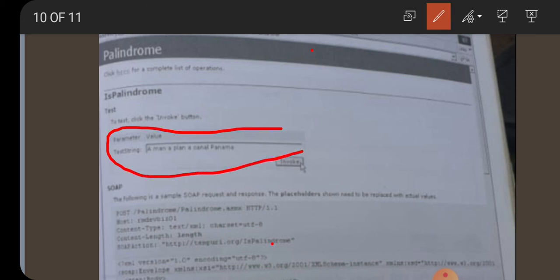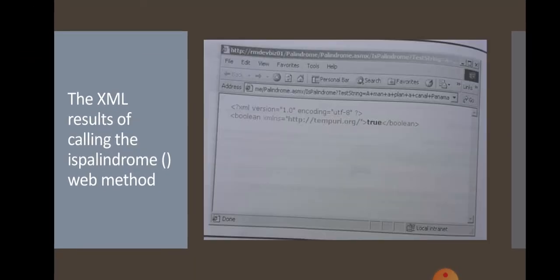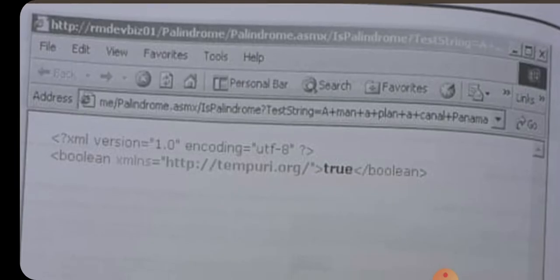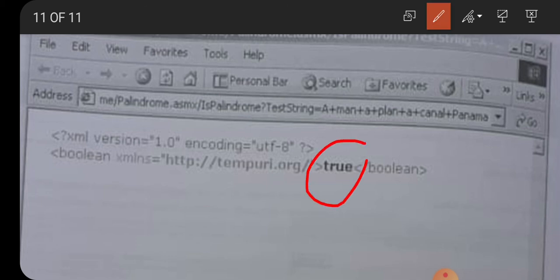This is the place where you need to give the input. After giving the input, you may click the submit button. The output will be displayed like this. If the given string is palindrome, it will display true here. Otherwise, it will display false.